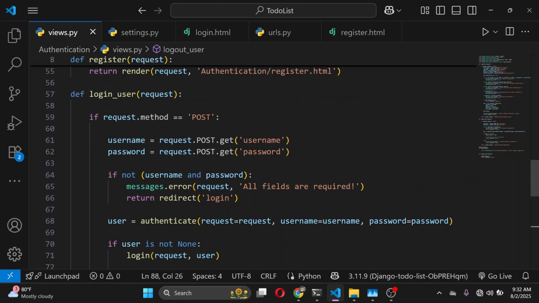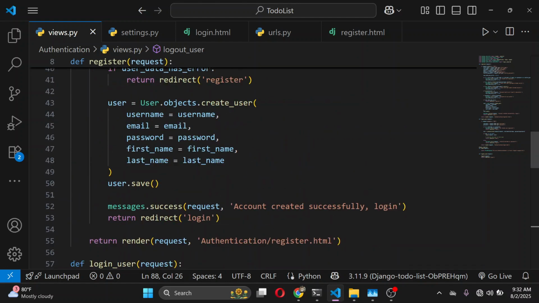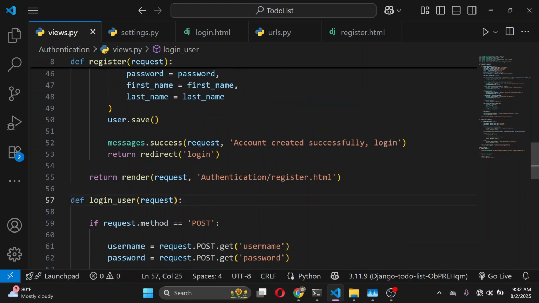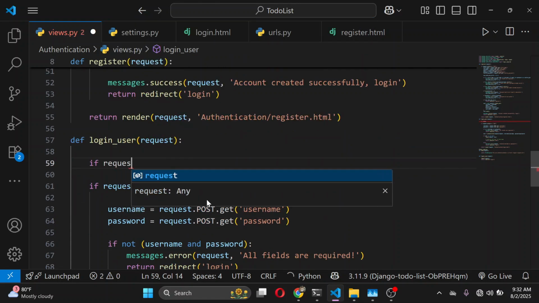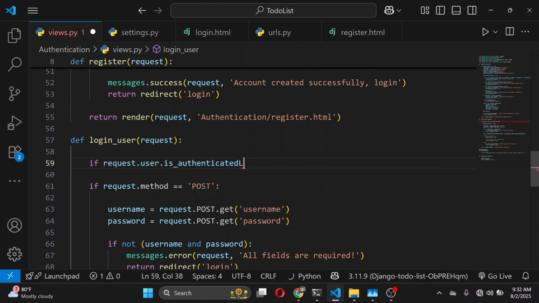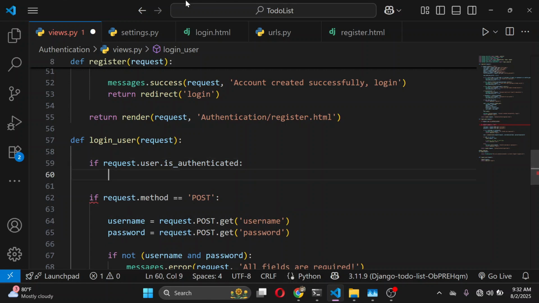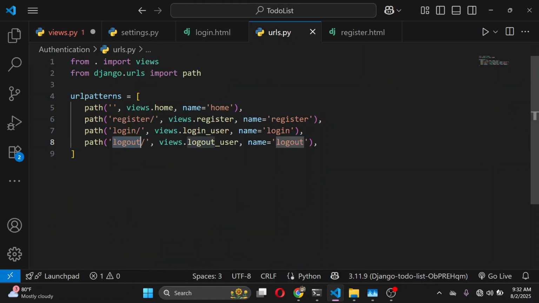Now, we just need to add one more check to our view to make sure that an authenticated user is not visiting the login endpoint or the register endpoint. That is, if a user is already logged into the website, there is no reason for them to be able to access your login page because they are already logged in. So we can write a simple if condition and say if request.user.is_authenticated. That is, if the user is already authenticated, if they are logged in, then we want to redirect them